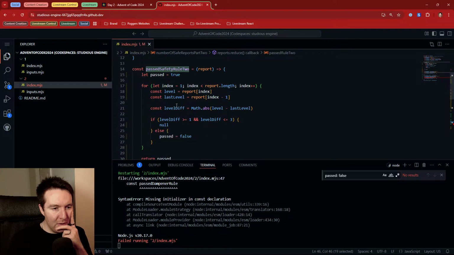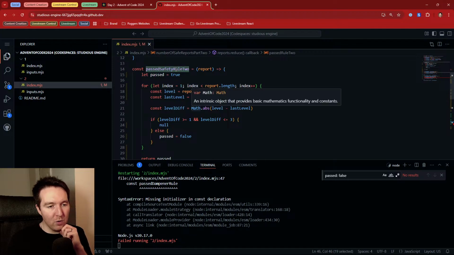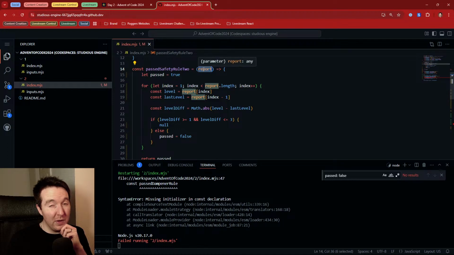So instead of giving back just a Boolean return, maybe we can give back an array, so the same report but with